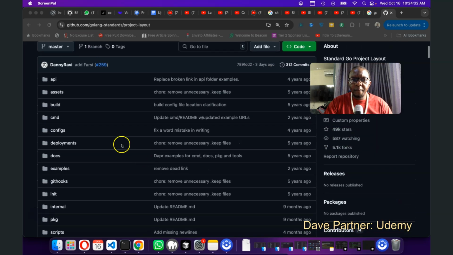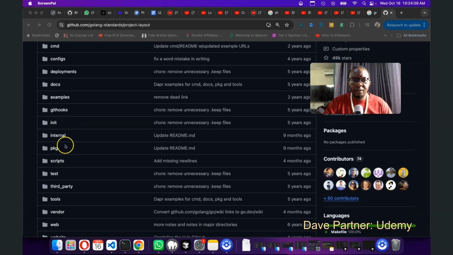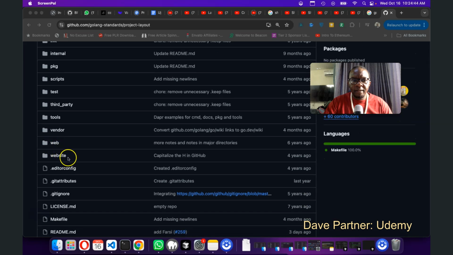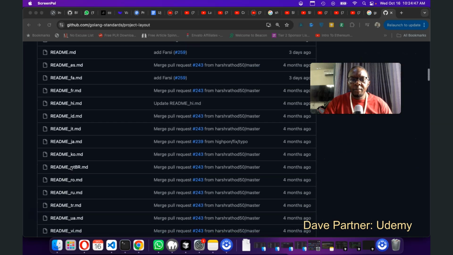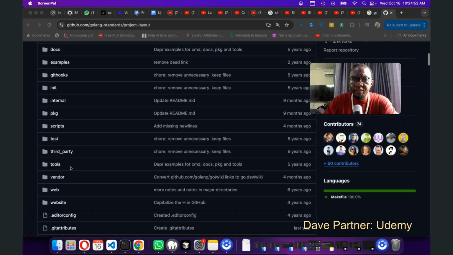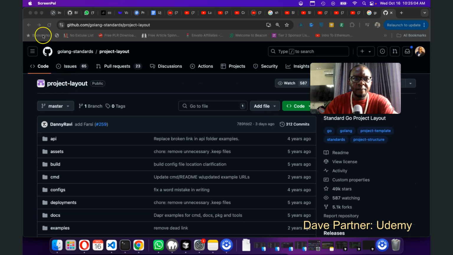So if you look at this now, it has API folder, assets, build, CMD, configs, deployments, docs, and so on, PKG, scripts, and then web and vendor. Now, coming from Laravel, I understand what this guy is trying to accomplish, all right, or from CakePHP, you already know, and there would have been better ways to accomplish this. So if I was trying to organize these folders, I would have done them slightly differently to match what I already know from standard frameworks. And this is just one.